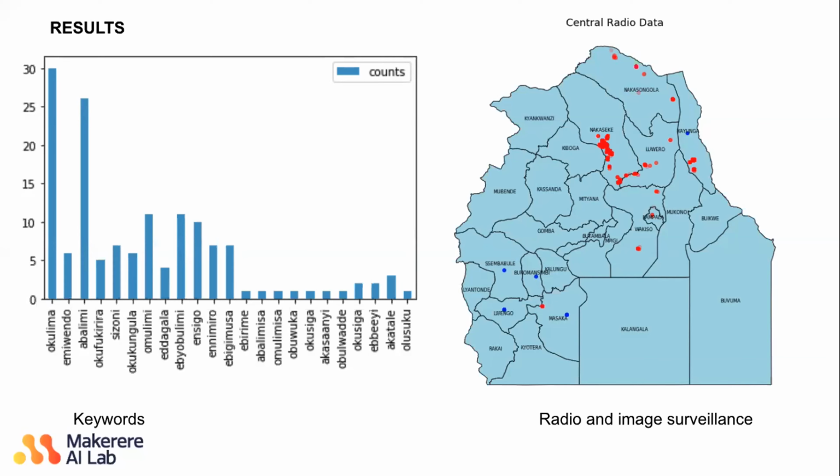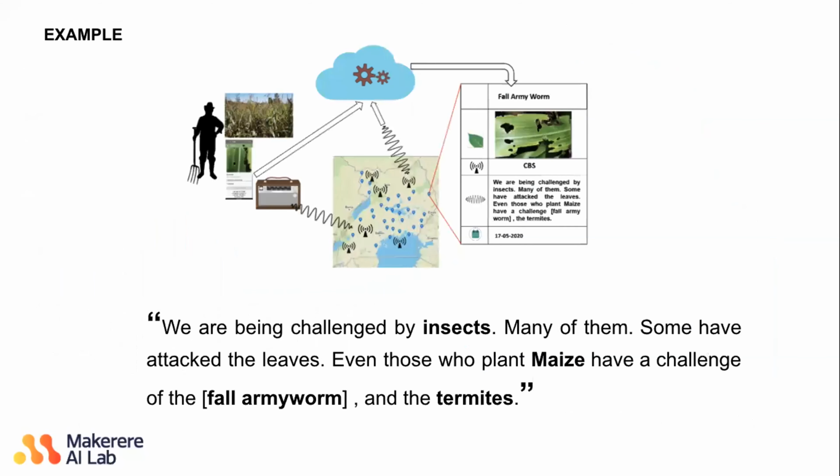Yeah, and it so happened that we found a match, though there weren't many because this was more of a pilot on the radio side of things. This is more like 1 month's data and it's one radio station where we have over 15 radio stations. Yeah, so if you look at this, we're able to find something about the fall armyworm being mentioned in a district where we also got kind of